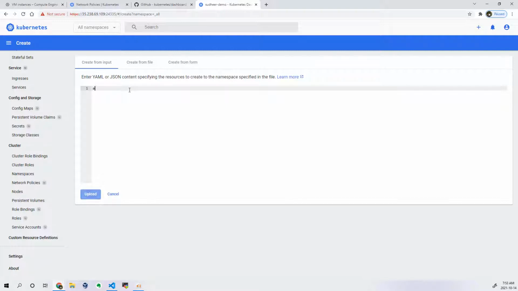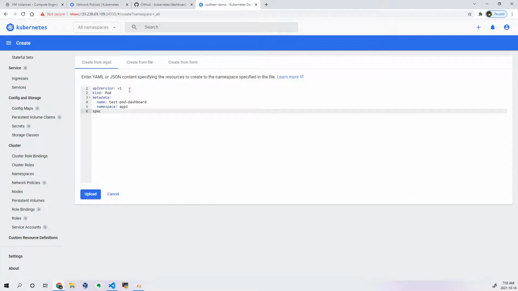Okay, so apiVersion, v1, and metadata, kind: Pod. Namespace, I need to give namespace level, where I need to create. Let's say app one.